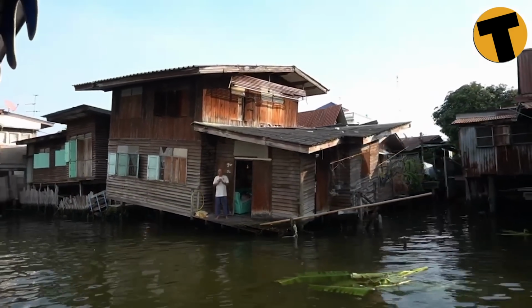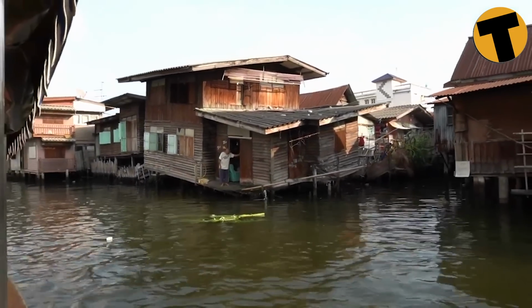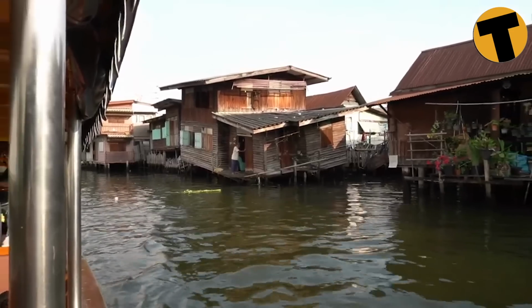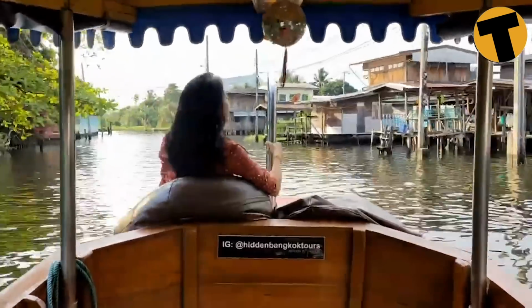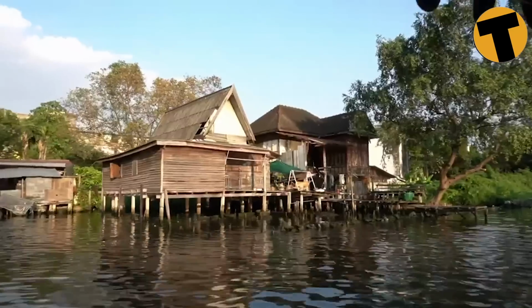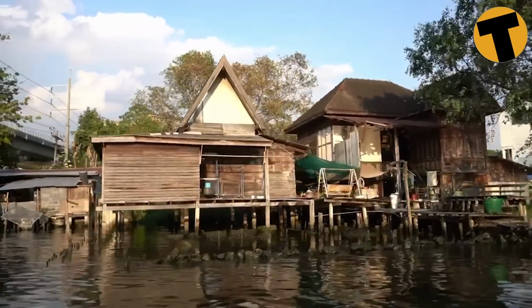So his house is collapsing, and you're trying to find funds to elevate his house. Yeah. The majority of the proceeds made by Hidden Bangkok Tour is given back to this community, such as this old man's sinking house. A great way to spend your money: a romantic sunset boat tour and merit making, all at the same time. And we all know it's not a complete Natty produced clip if there's no eating involved,